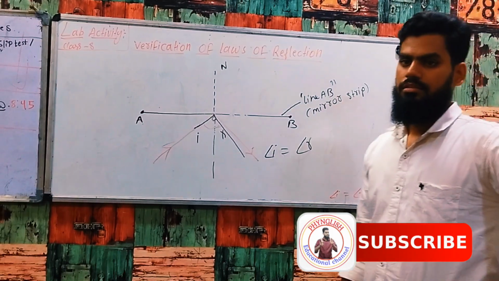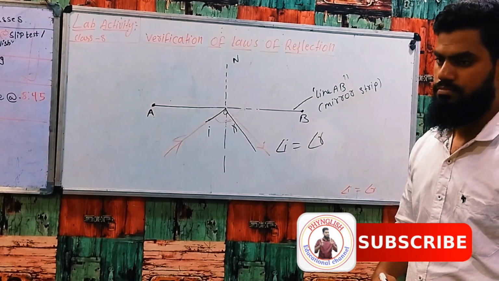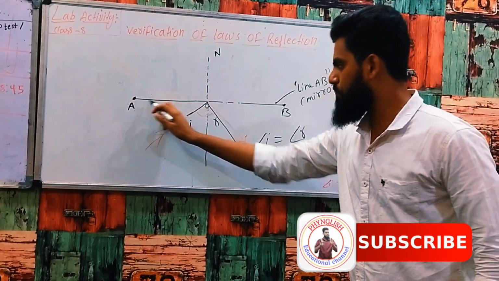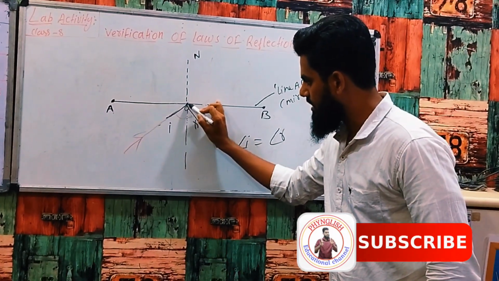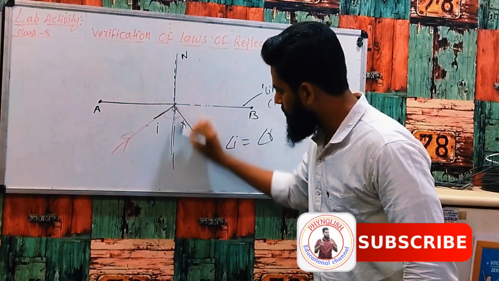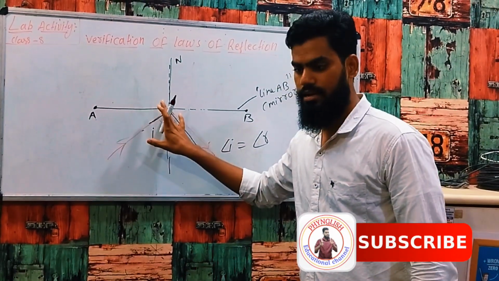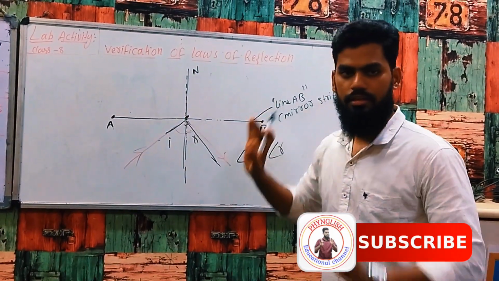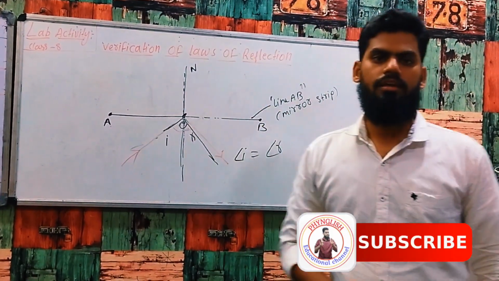Second law of reflection. The incident ray, the normal to the mirror at the point of incidence, and the reflected ray lie in the same plane. See, this is plane, A and B plane, okay? This incidence ray and reflected ray and normal meet at one point. एक point पे मिलते हैं incident ray and reflected ray, and this normal, ये पूरे लाइन O पॉइंट पे पड़ते हैं.